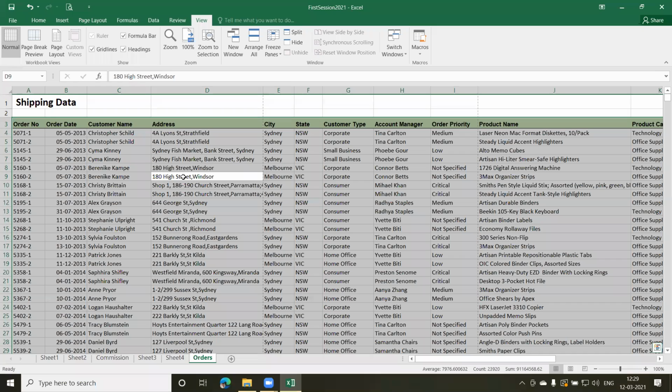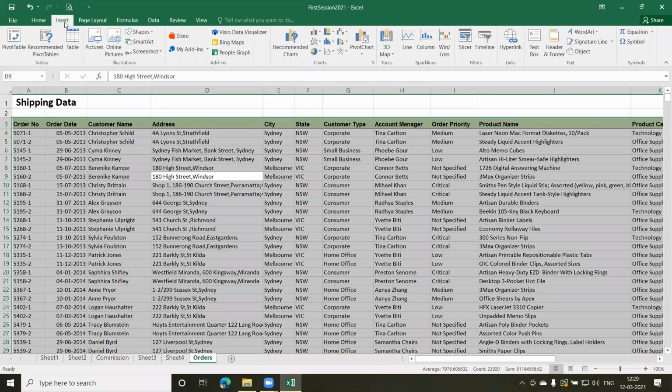After you do that, click on the Insert tab here, and you can see we have an option called Table. Or you can also make use of the shortcut, Ctrl T. If you press Ctrl T on the keyboard, it will still convert this into a table.